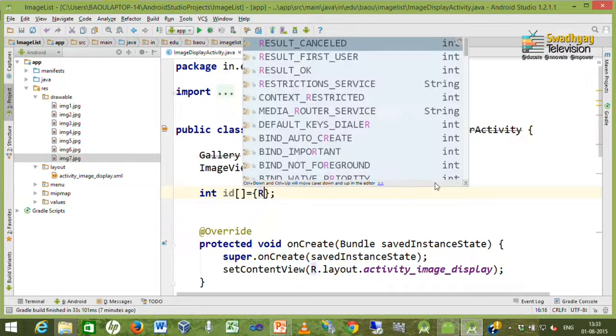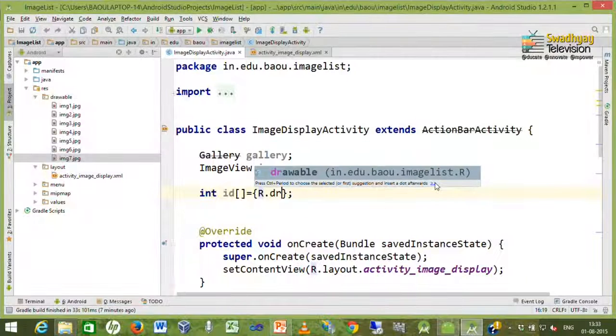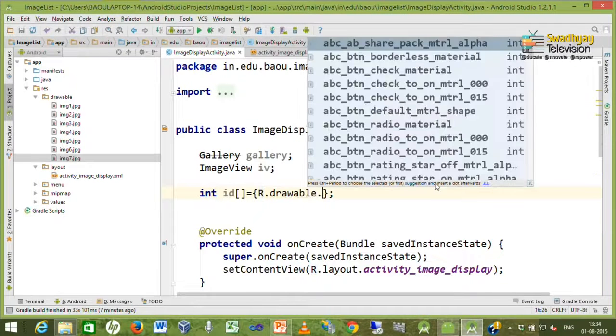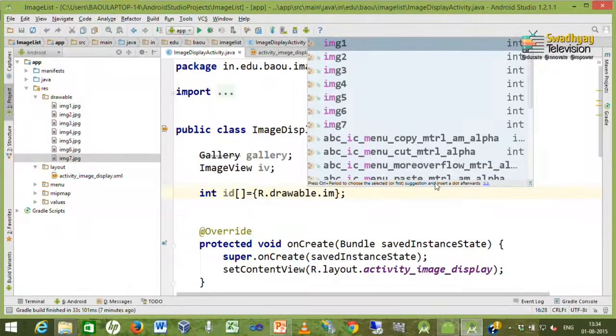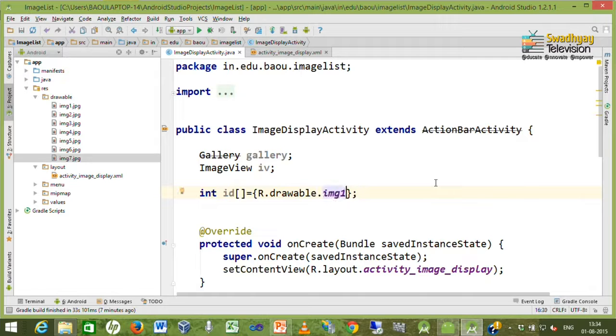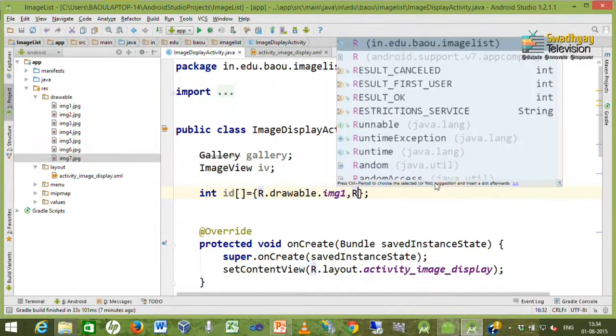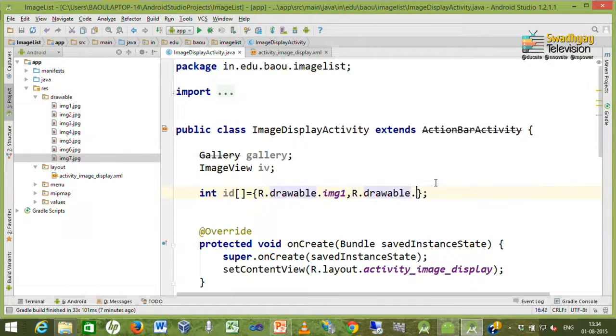So, we write down R dot drawable dot img1, which is the first image, R dot drawable dot img2, which is our second image, and so on.